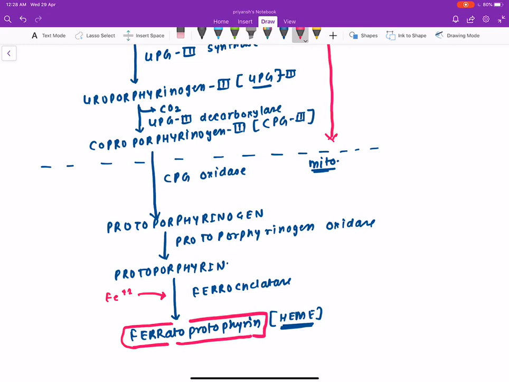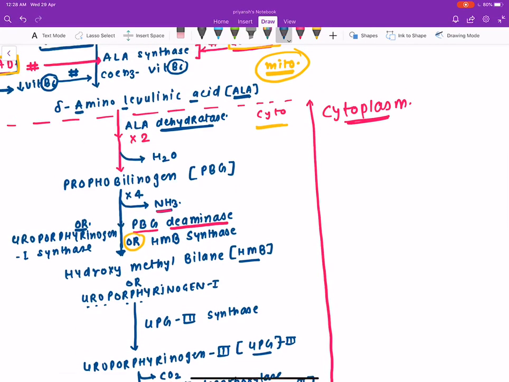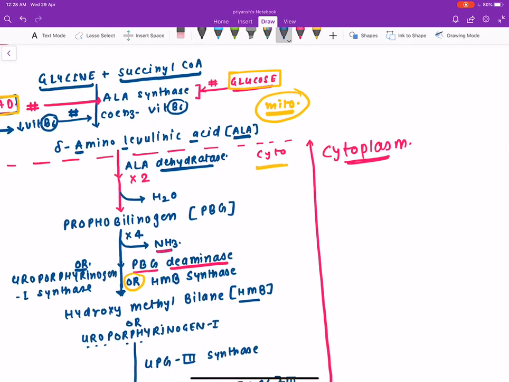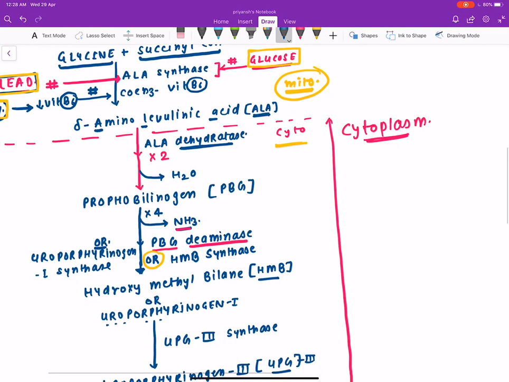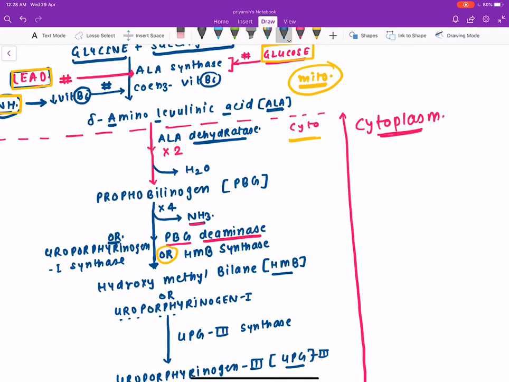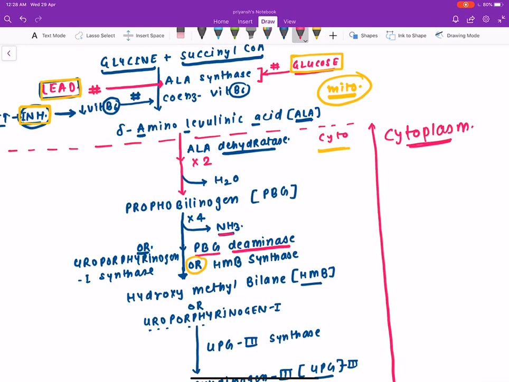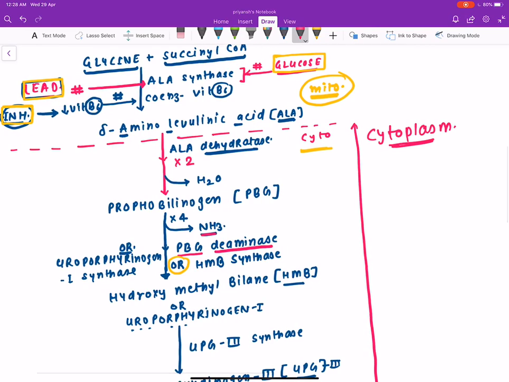Now let's see how we can remember this pathway. What is the mnemonic that can be used? It's up to you whether you want to use the mnemonic or remember it as it is. The reason you have to remember this pathway is that many disorders are associated with it. Certain enzyme deficiencies lead to certain disorders, and that we are going to discuss. Before that, I want you to remember this pathway, at least the intermediates. So the mnemonic is